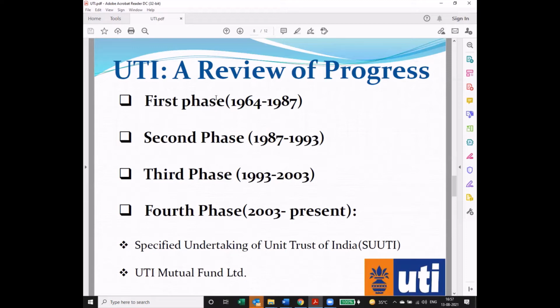In 1993, the change of policy by the Government of India in the financial sector triggered rapid growth. Till 2003, it grew rapidly, but obviously because of the growth, you would sometimes experience scams, scandals and problems, financial misgovernance. So that phase occurred. By the end of 2003, a major scandal was discovered in UTI.